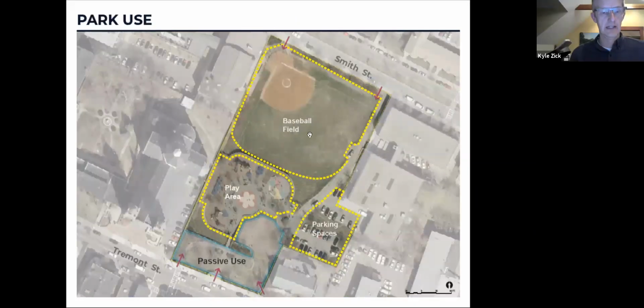All right, thank you, Danielle. I'm Kyle Zick, a landscape architect, and I'll just pause a second and give a little bit more context of this meeting tonight. So as B outlined in the project schedule, this is the first meeting of 3 public meetings. And this is our chance to ask you all kinds of questions and get feedback before we design anything. So tonight, we're not going to show you any design alternatives because we feel like that would be just putting the cart before the horse.